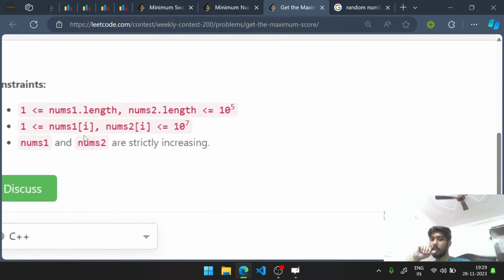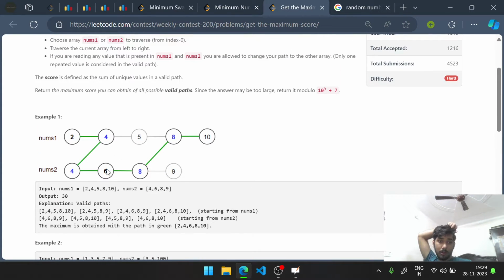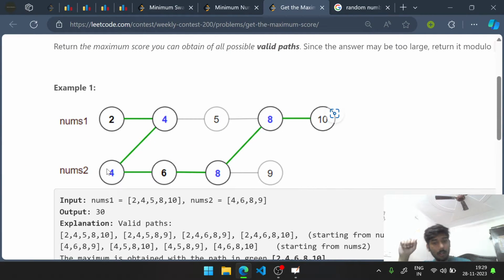What number, you may ask. I was thinking I will do the DP on the number. I can do that, but I don't want to do that. So if I'm doing the DP of indices, then